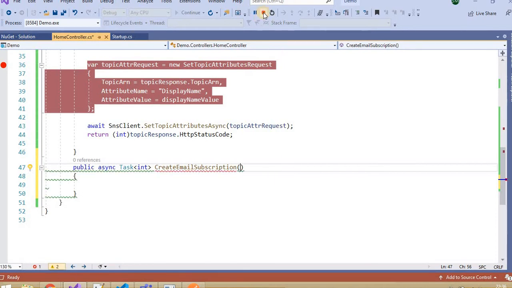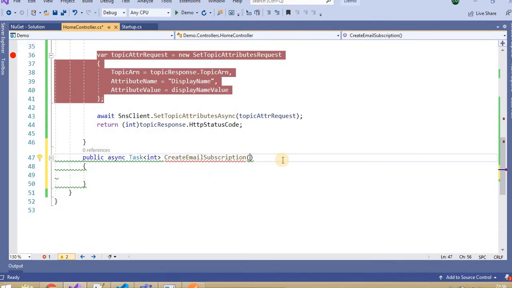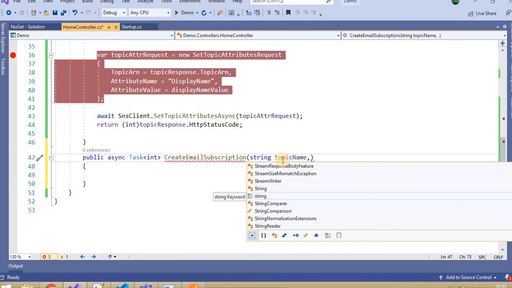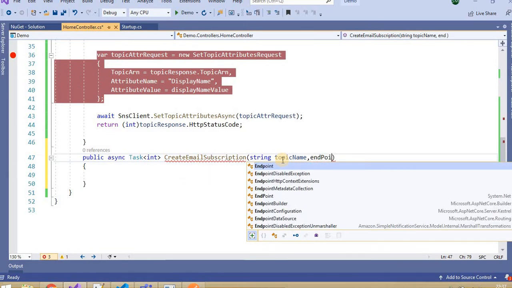Let me stop the web API application. The first parameter, let's say, is the topic name. Then we need the subscription endpoint, that will be the email ID. So simply we can say endpoint, it will be of type string.